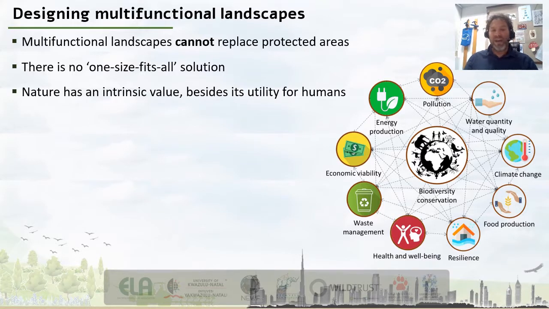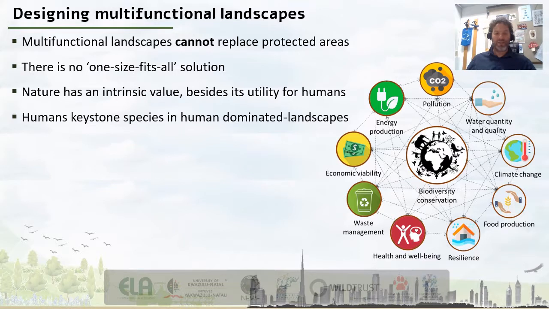And when I made this figure showing all the different elements, I put the biodiversity area as a big circle because I want to emphasize that as ecologists, I think we should first and foremost think about biodiversity when we think about these multifunctional landscapes. Again, in this area, humans are the keystone species, and therefore they have to be considered. We cannot ignore humans and have to study them, their needs, as I said before.